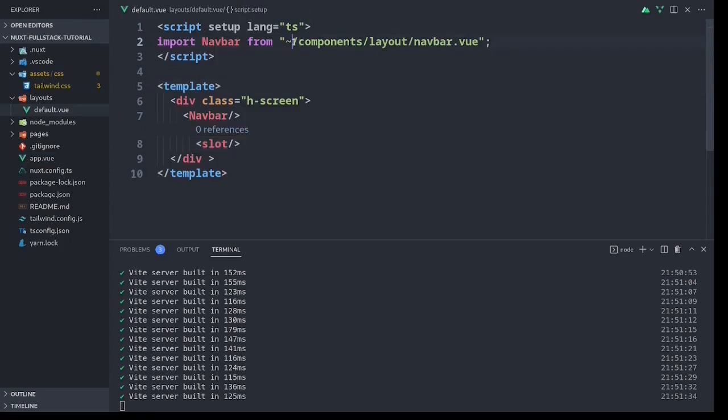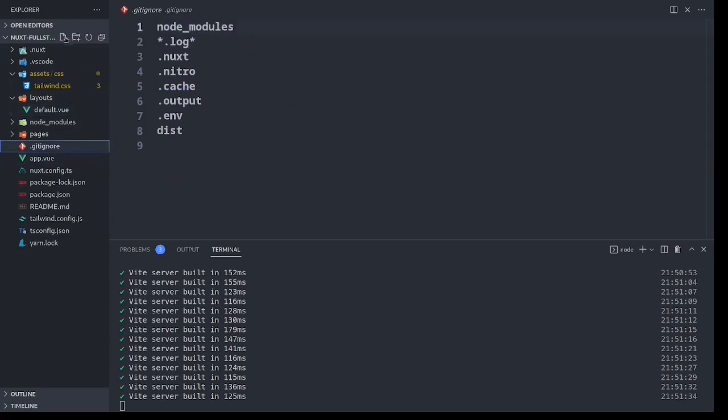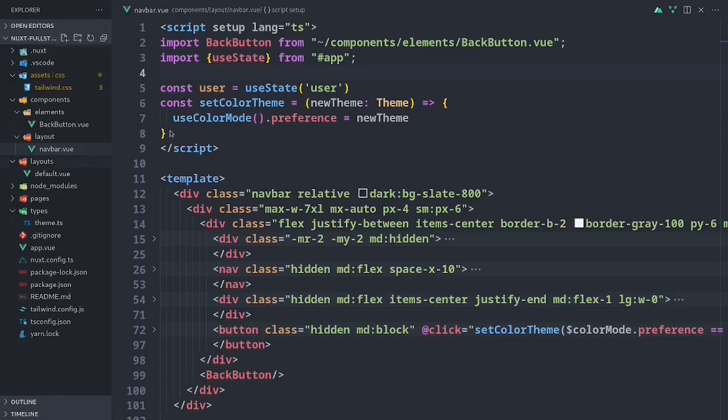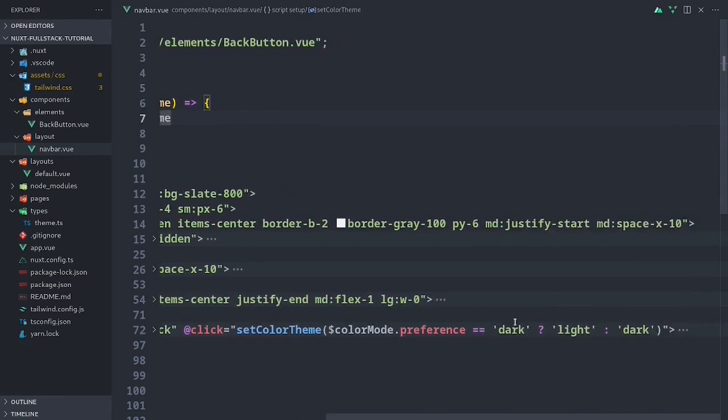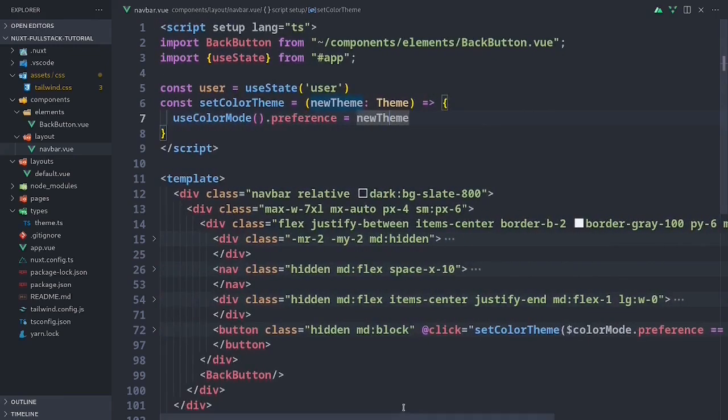So for the navbar, we'll copy here, components layout navbar, and we'll create that. All right, I pasted in a navbar so you don't have to see me type it. What you need to pay attention to here is we have an on click, we want to set the color theme, and we just use that color mode module to set the new theme. It's either light or dark, and we use a ternary operator here. You can see that in more detail in the dark mode video,